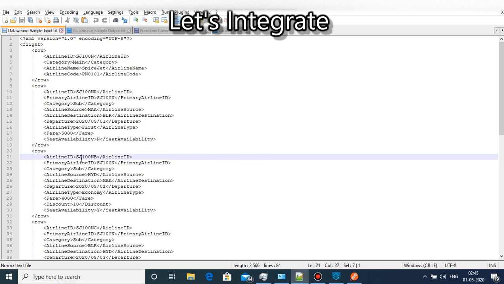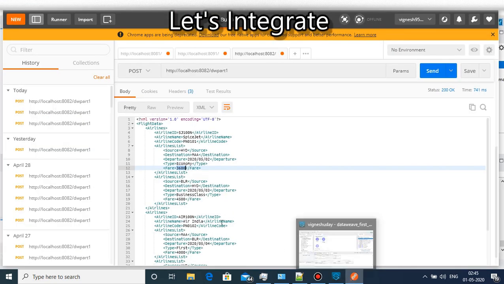We have an airline ID called SJ100NB which contains a 10% discount. The actual fare is 4,000. If you see here, we have the same airline ID which returns with the updated fare 3,600 after the 10% discount.